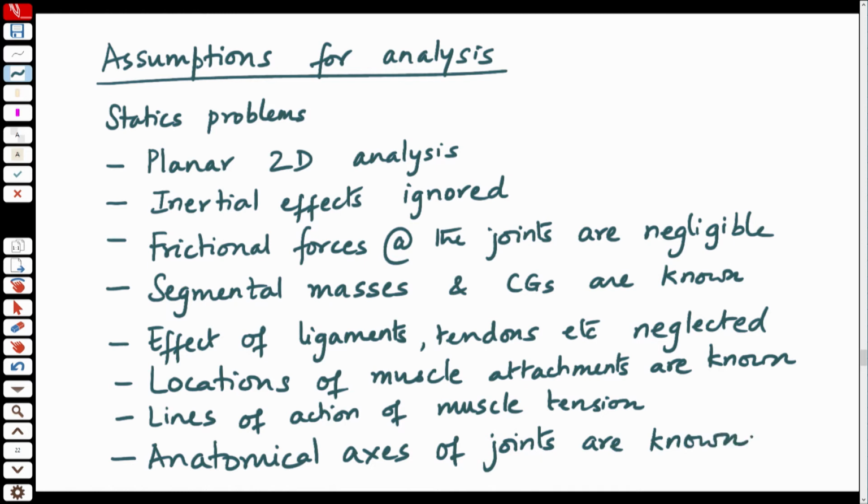In most cases also, we will make the assumption that only one muscle is acting for that particular case that we are considering. Because if you go to a 2D analysis,